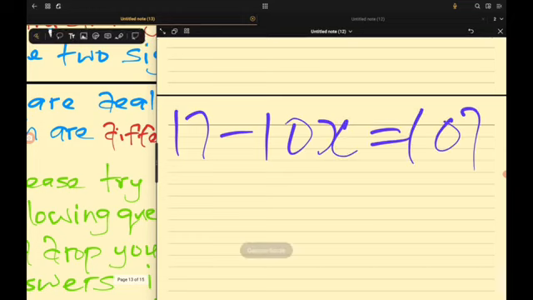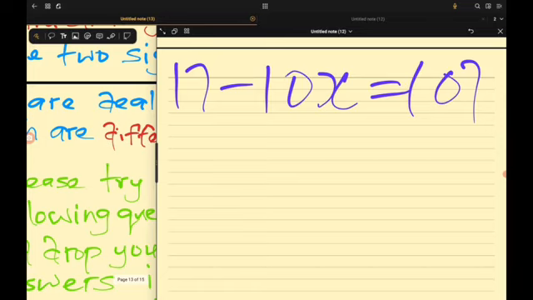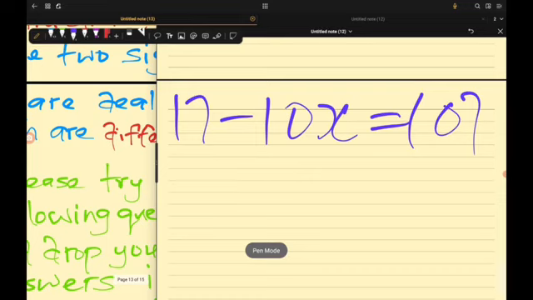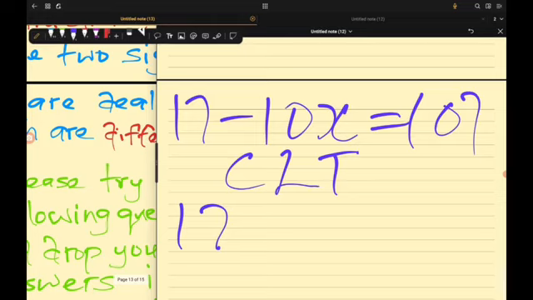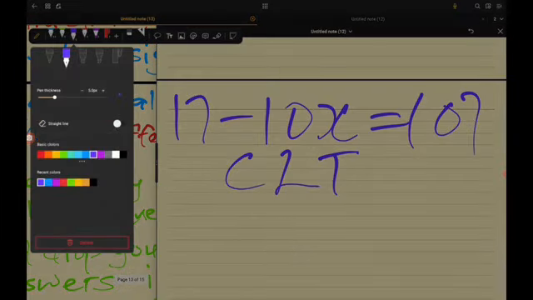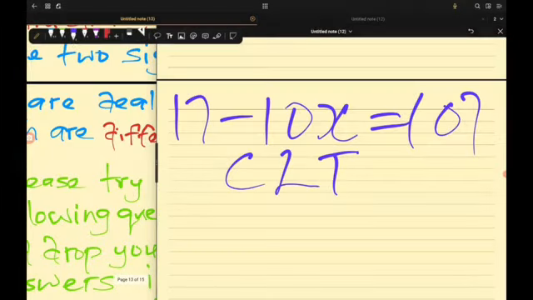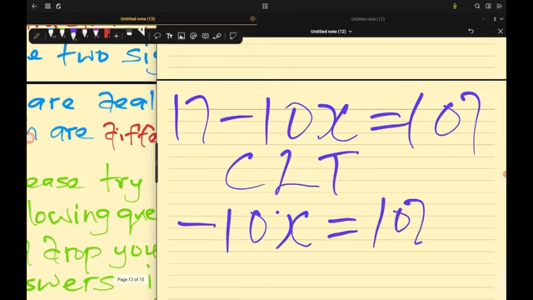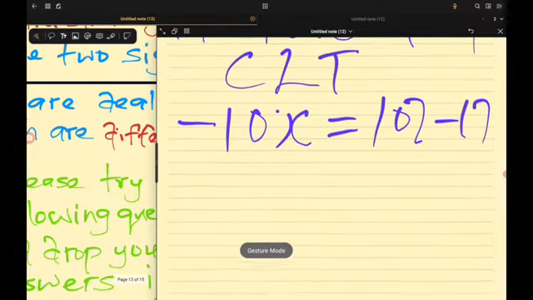So let's rush through this. 17 minus 10x is equals to 107. So collect like terms, to have minus 10x is equals to 107 minus 17. The 17 here moves and becomes minus 17. So then we have